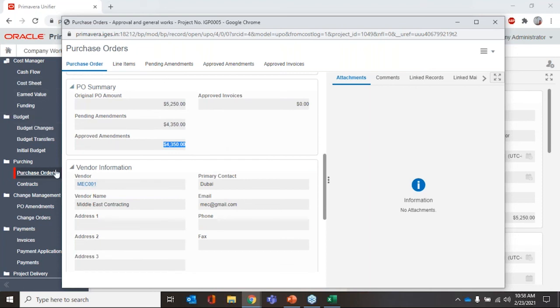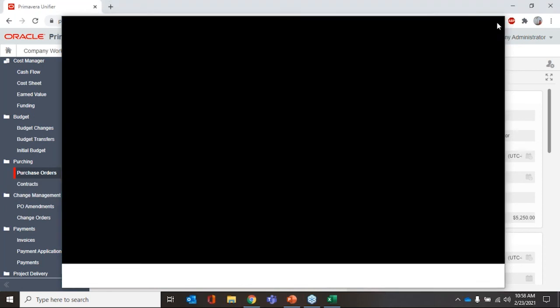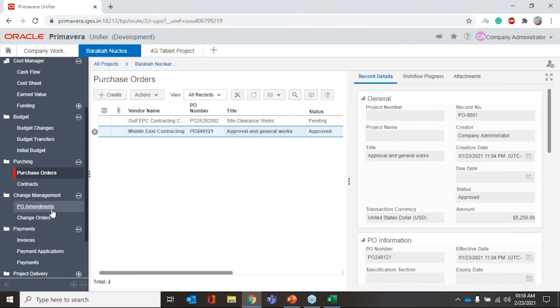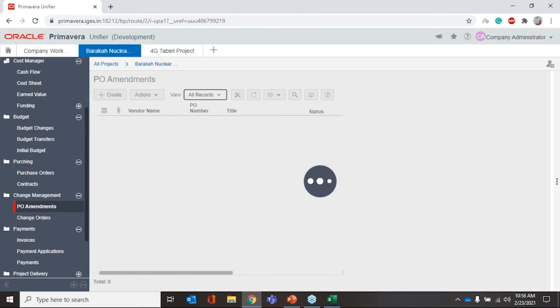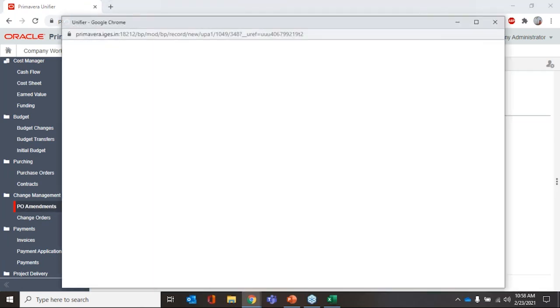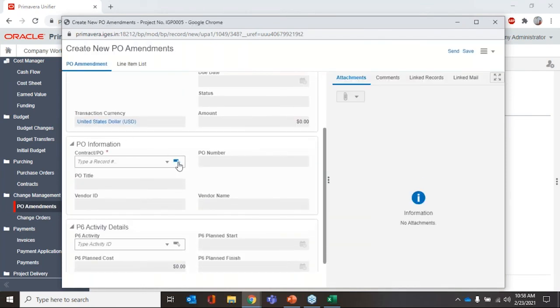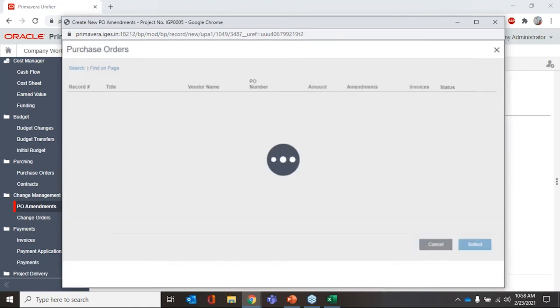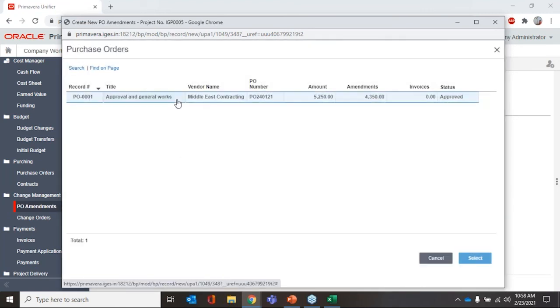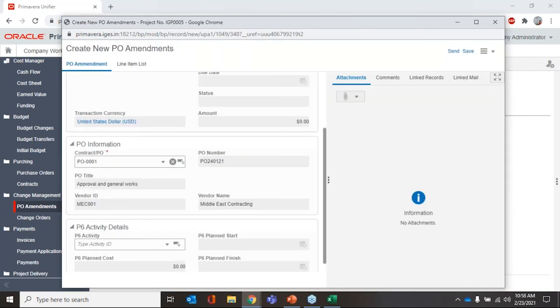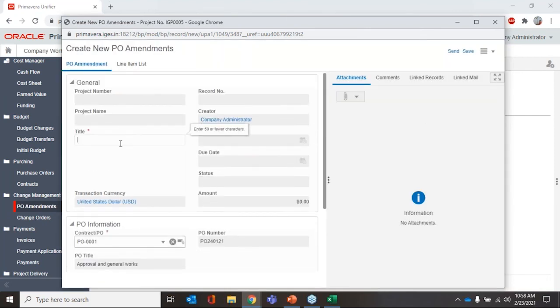So we can do your budgets, initial budget, changes, transfers, your purchase orders, your contracts, your PO amendments. When I go to a PO amendment and click create, I need to select the PO that I want to do the amendment against, right? So when I select the PO, all the PO details, vendor details, everything will be listed here. I can input the details, and I can send it for approval, and I can also